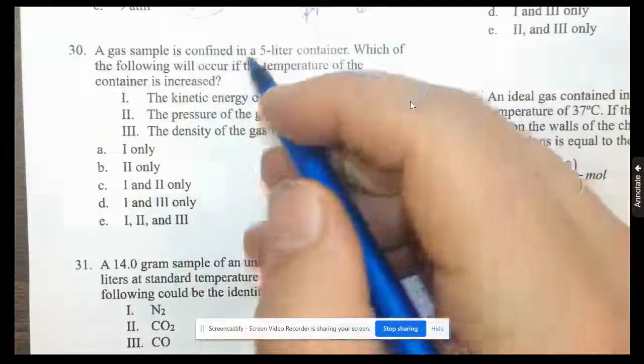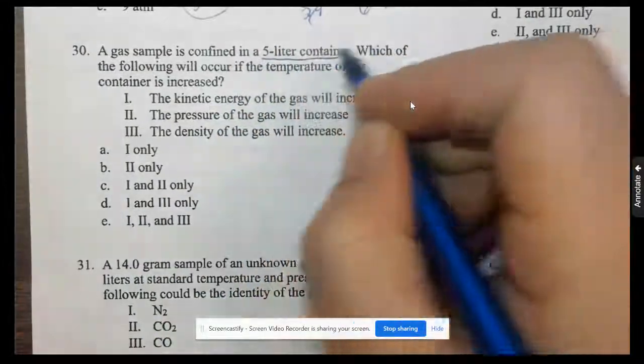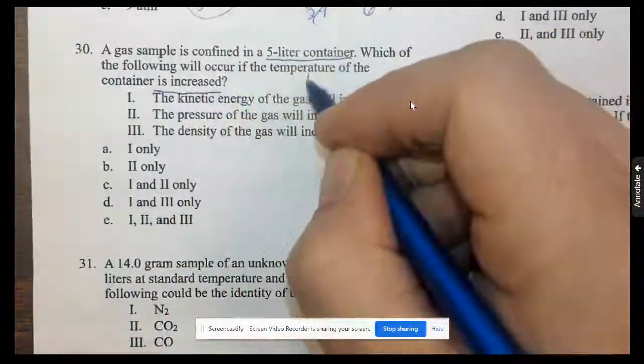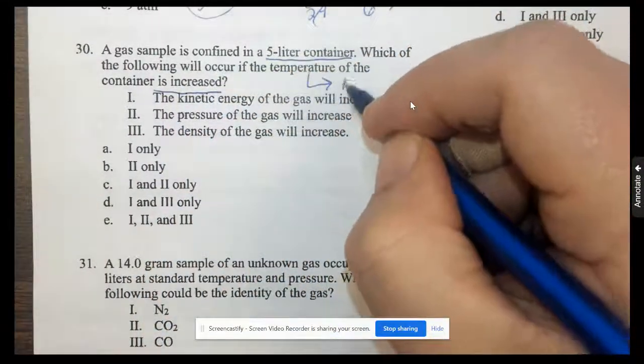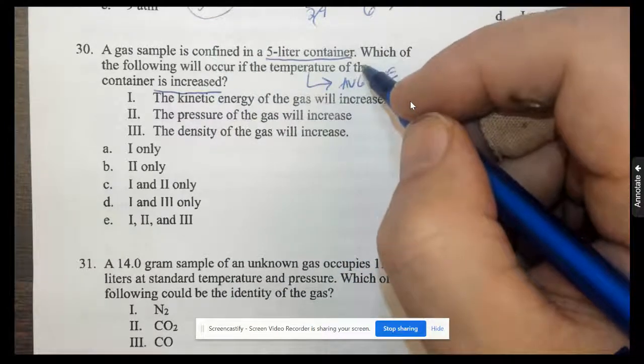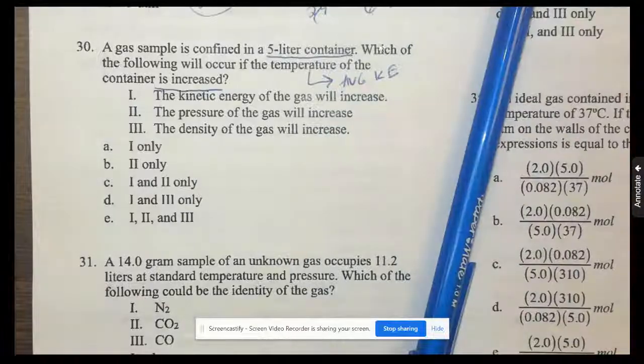A gas sample is confined in a 5-liter container. Which of the following will occur if the temperature of the container is increased? Well, temperature measures the average kinetic energy. So if you speed molecules up,